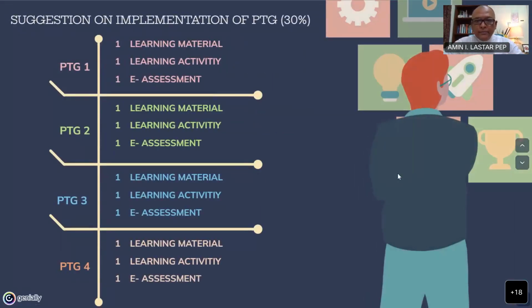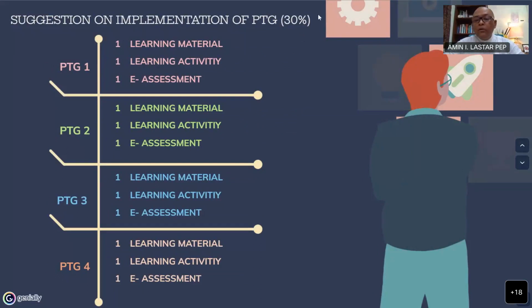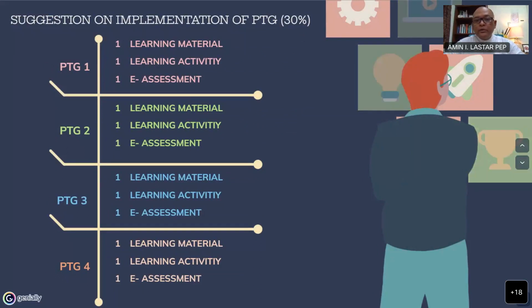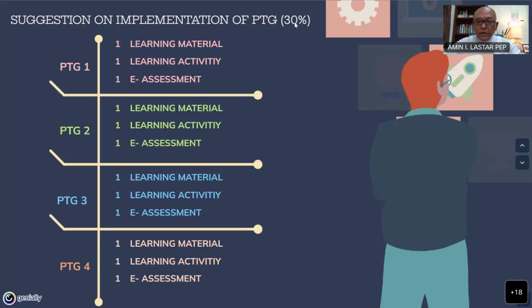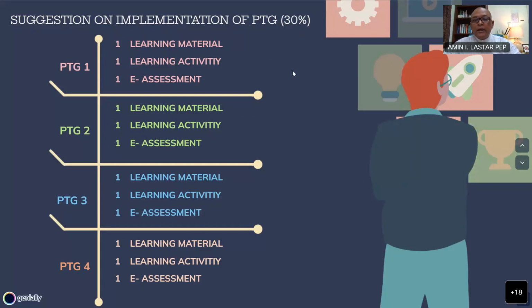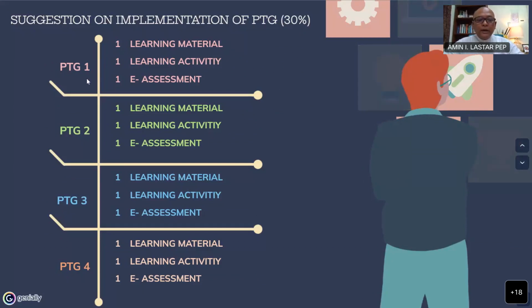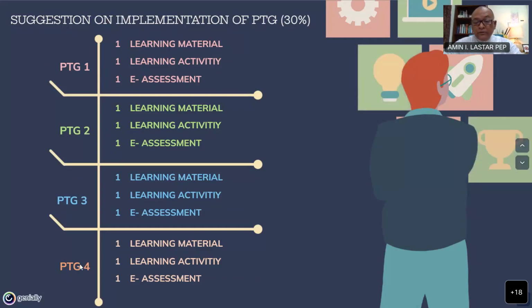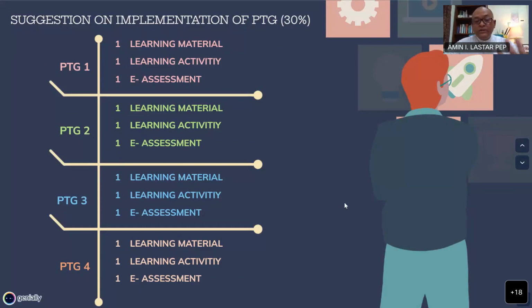Since 30% is the requirement, meaning all faculties must start with 30%, 30% is equal to 4 weeks, as I mentioned in the earlier slide. So I just put here PTG1, PTG2, PTG3, and PTG4, representing 4 PTGs.